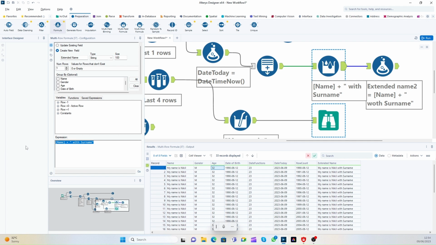So what we can do, if date time diff, date time diff of current row, date time today, comma